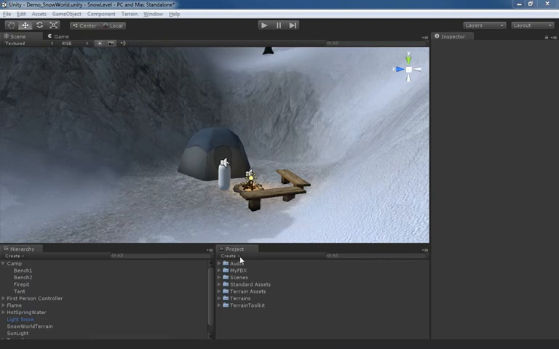Your project view, as we mentioned in a previous video, gives you access to all of the various assets, prefabs, and various things that you can use inside your game. Again, it's like a library of everything that you could potentially add into the scenes of your game, and it's also analogous to a folder structure which actually exists on your hard drive. So what I want to do in this video is show you that folder structure,